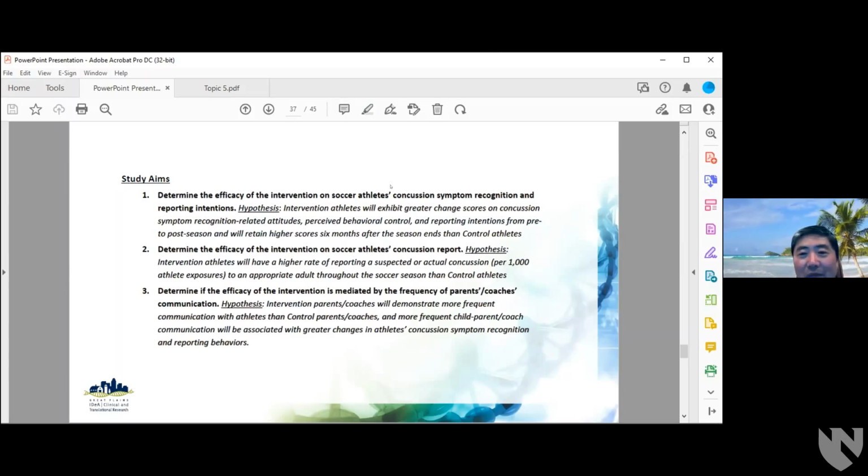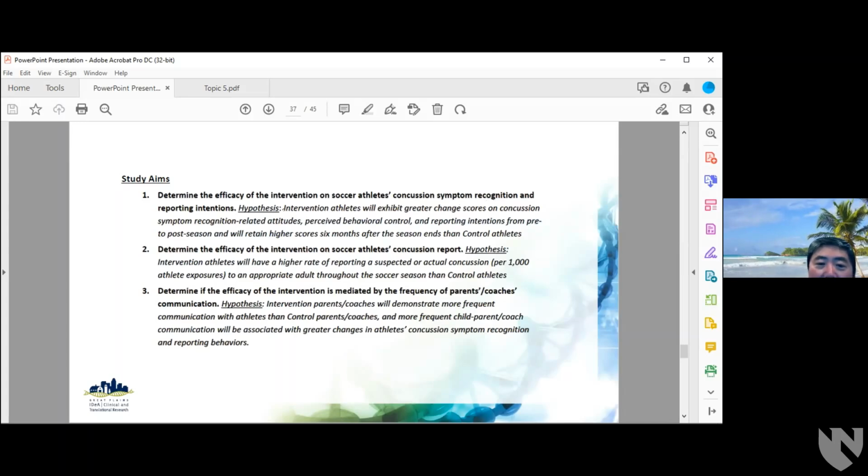Concussion reporting. So actually, the main goal is to try to enhance the rate of concussion reporting, right? So the number of concussion reports, I would say, is most important to the parent and to the child, right? So this endpoint is more pragmatic than the knowledge,